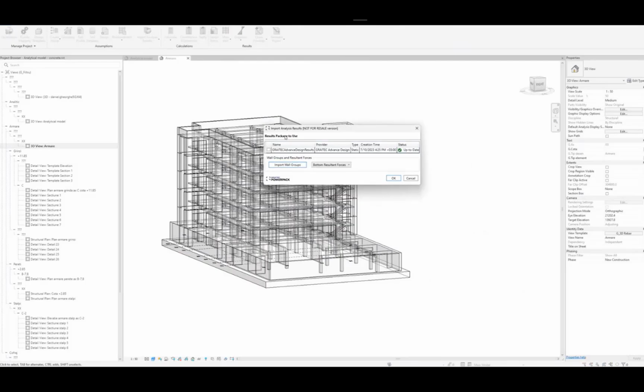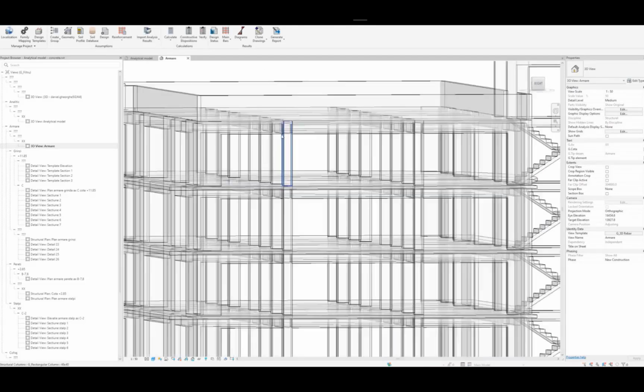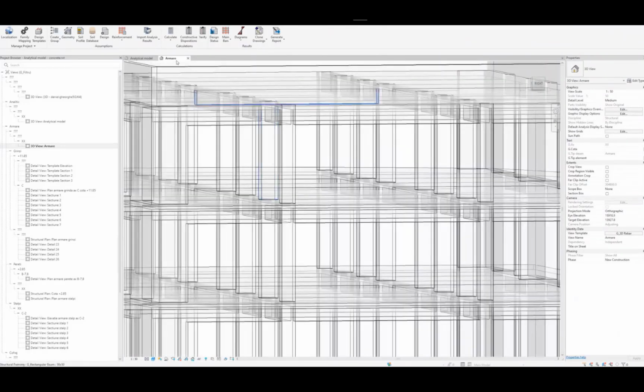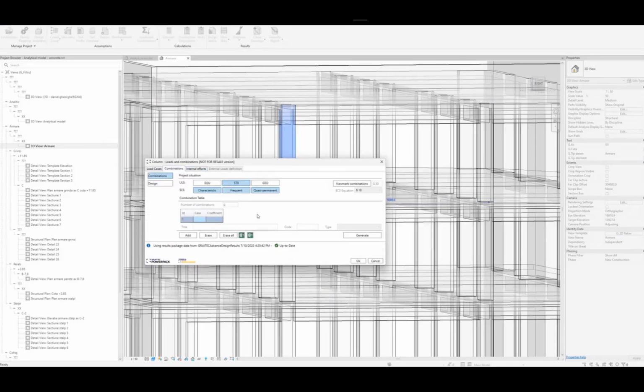I can go to the Power Pack tab, use the import analysis result, based on those results which were run in Advanced Design, because the reason to run those analyses outside Revit is to have a dedicated interface to run local design codes and so on.